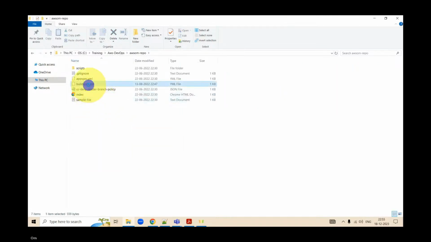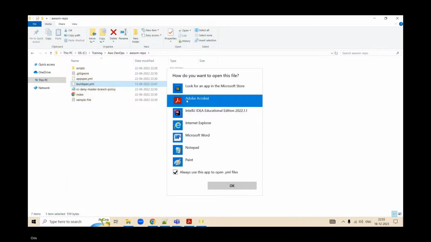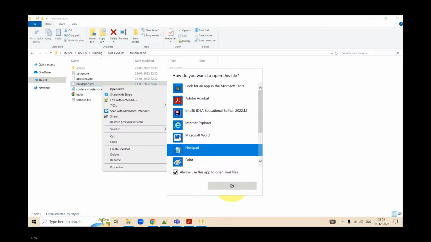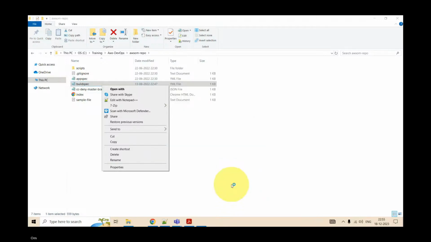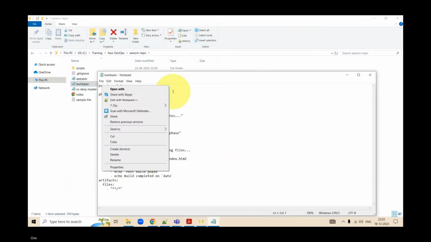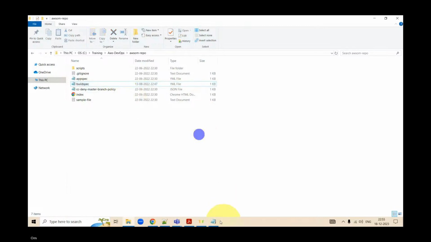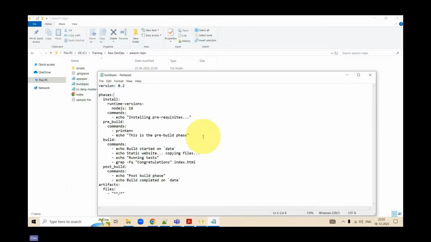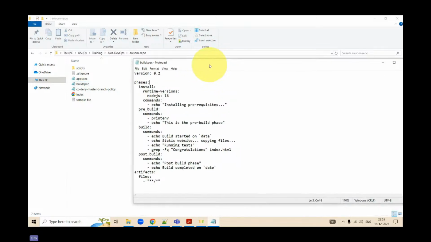Here it is. Now see, if you carefully see this buildspec.yaml, can you see it on my screen? Yes, I do.